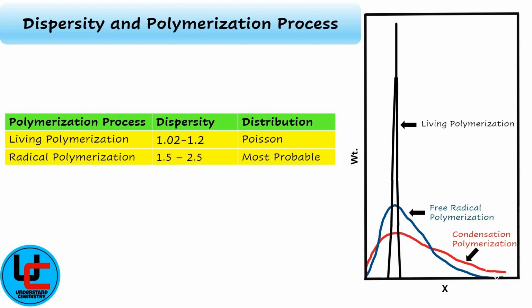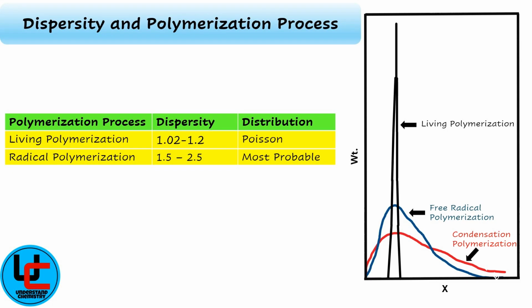In radical polymerization, the dispersity is broader, ranging from 1.2 to 2.5. This reflects the random nature of chain termination. The distribution type is labeled as most probable, meaning there is a peak at the most frequent chain length, but